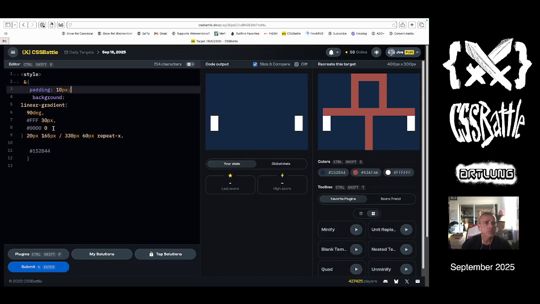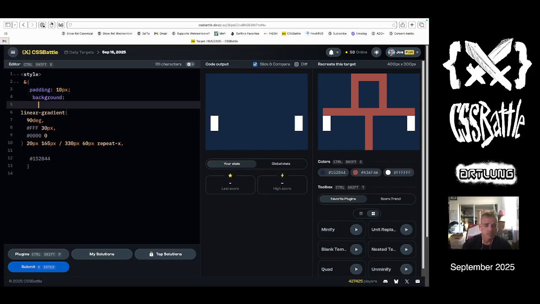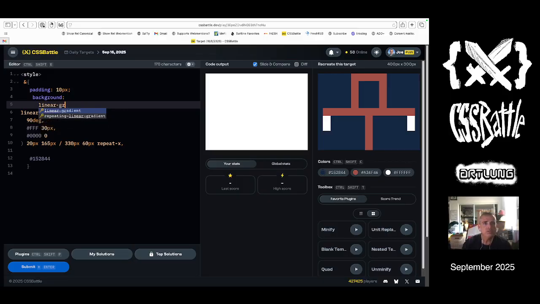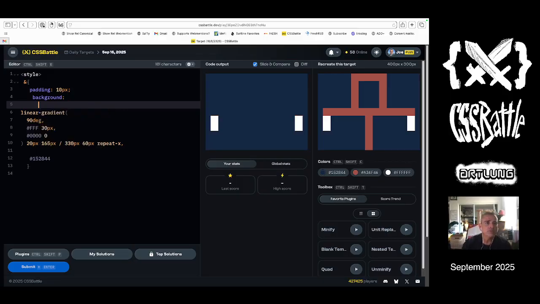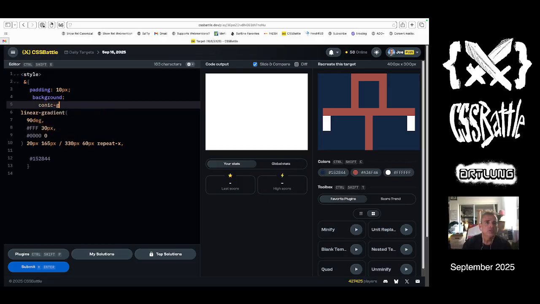Padding 10 pixels, and we say we want conic gradient, don't we? Conic gradient